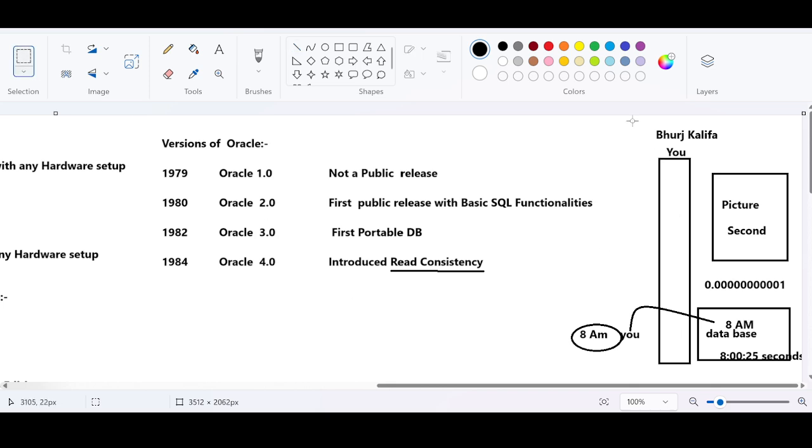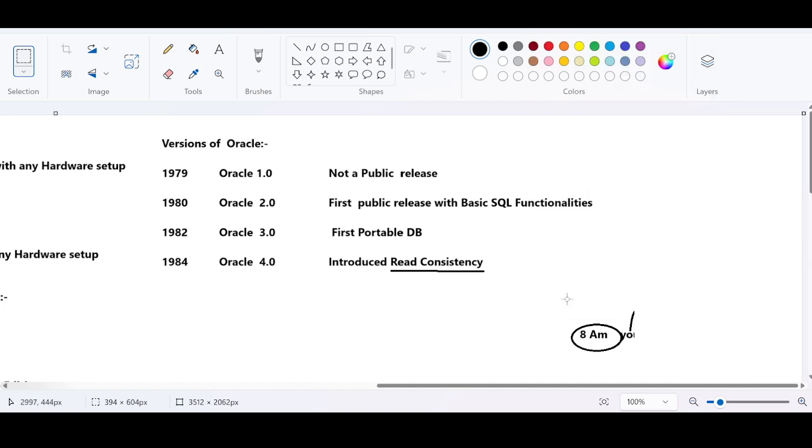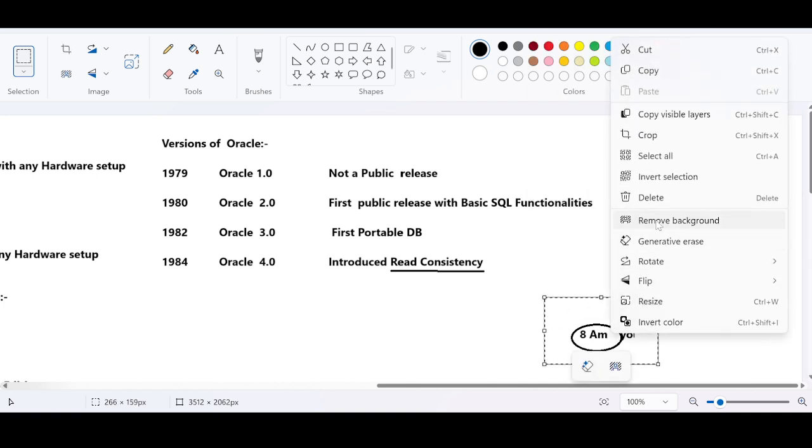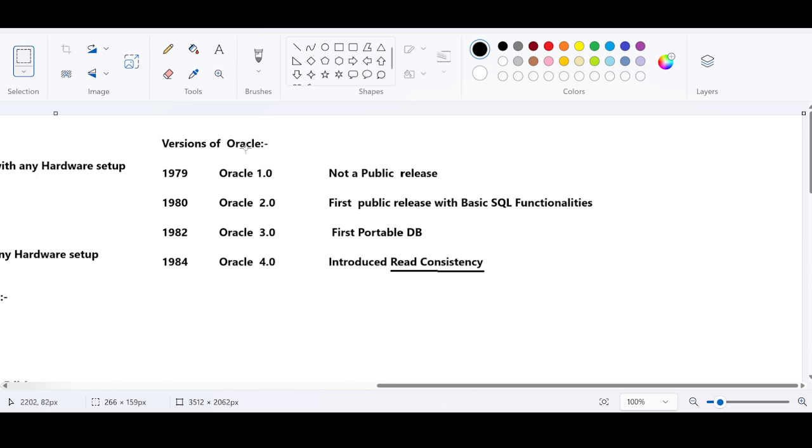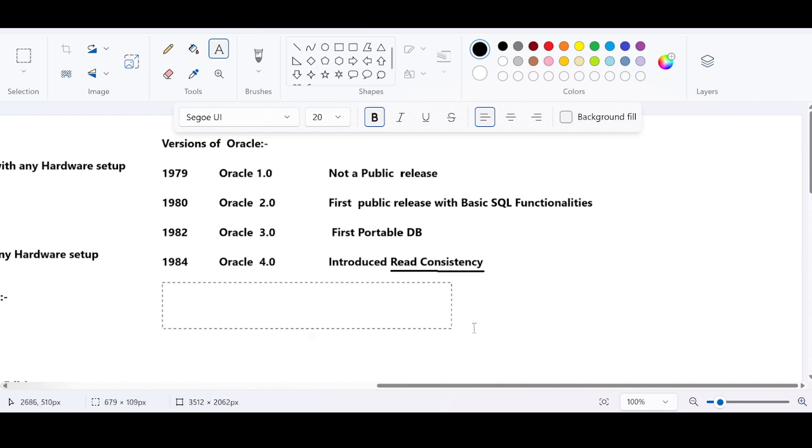These things will be understood much more clearly in application development. This is just a picture I am giving. What is read consistency? You might be thinking I'm just giving what is what. It is not like that. We will understand each and everything in detail after the Oracle installation. And the next one is